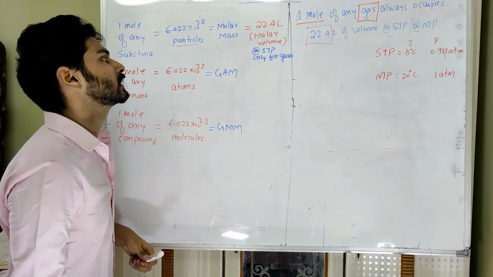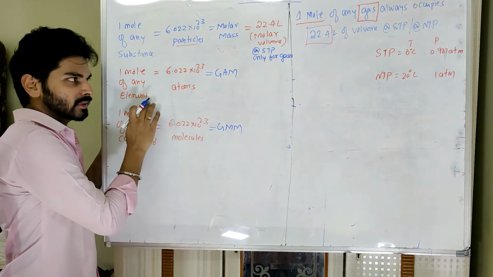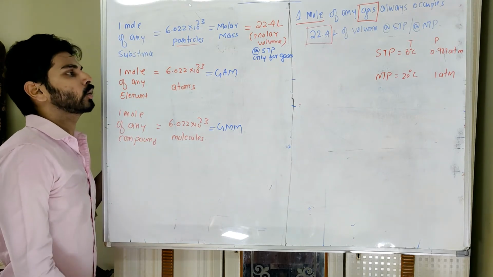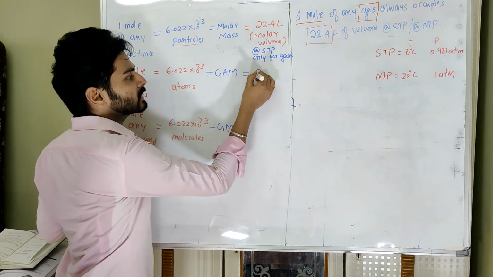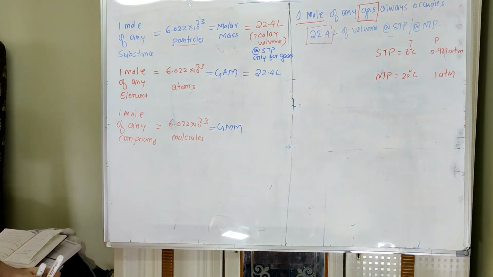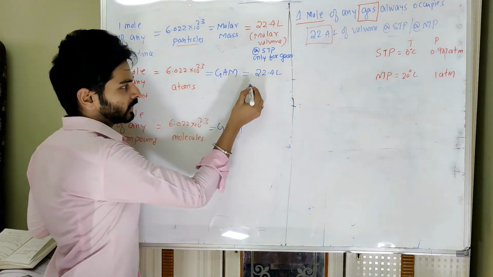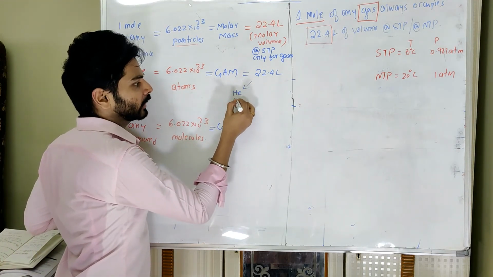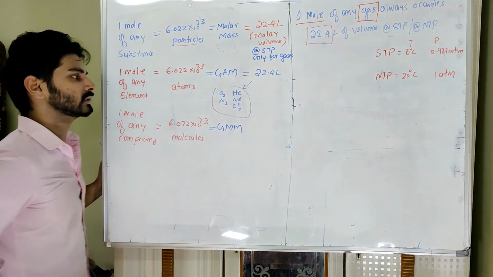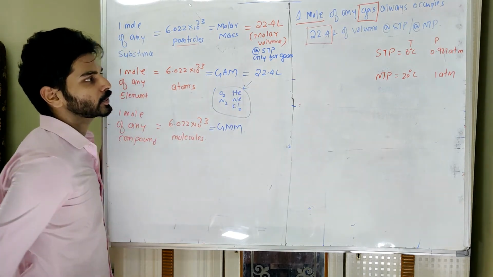So this last one is only for gases. And here also, if I'm talking about elements like helium gas, oxygen gas, neon gas, chlorine gas, these all are elemental gases. Then that gas must occupy 22.4 liter of volume if we are taking 1 mole of gas. I'm specifically saying this about elements like helium, neon, chlorine, oxygen, nitrogen. These all are elemental gases, and if I'm taking 1 mole of them at STP, they must have a volume of 22.4 liter.